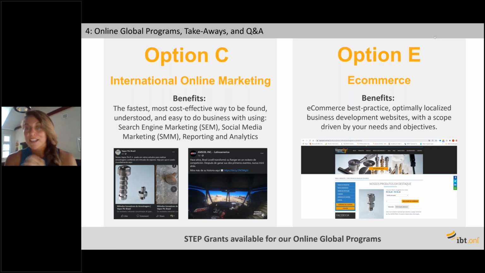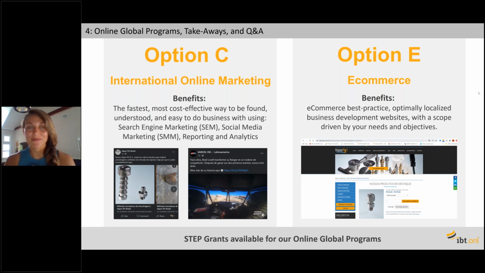We do offer this e-commerce program, and the scope totally depends on how many SKUs you have on your website. We have options for small, medium, large, and extra large websites. Depending on how many SKUs you have and you want to sell into the Canadian market or other markets as well, that would determine the budget. All of this information is found on our website on the pop-ups. So you can go on our website, or you can reach out to us, and we would be happy to